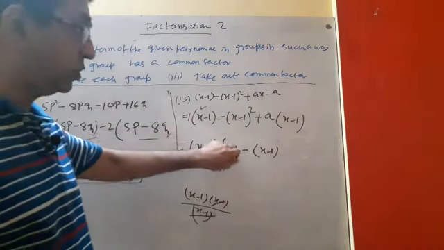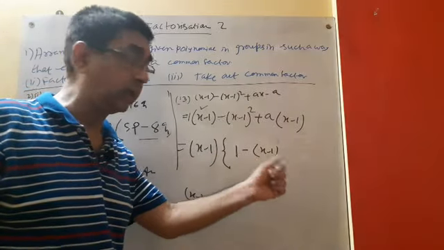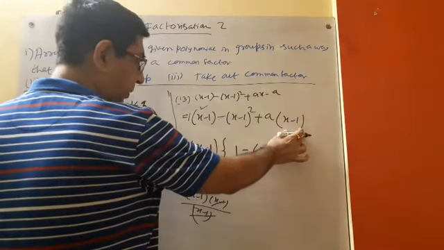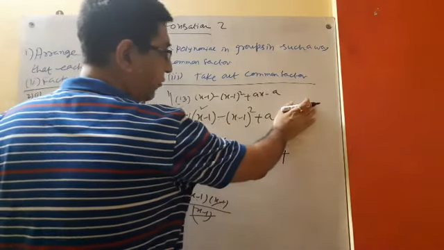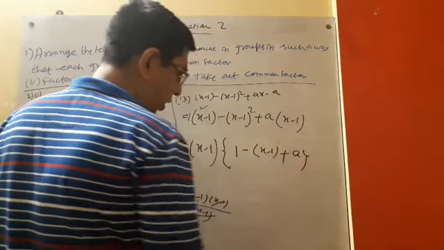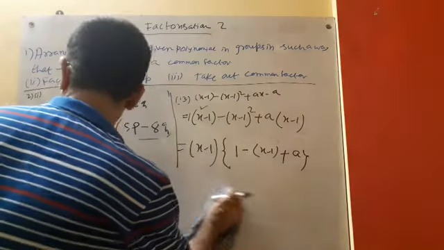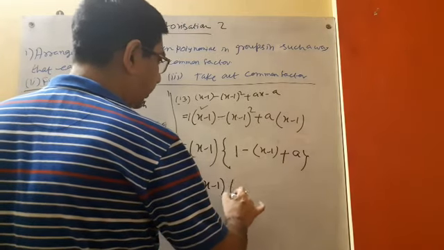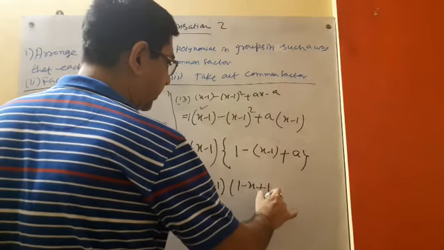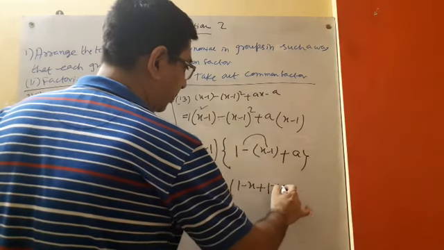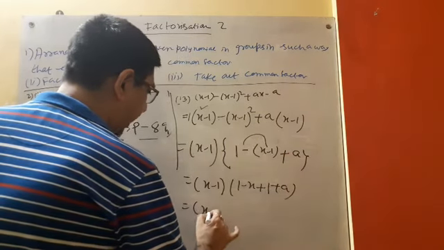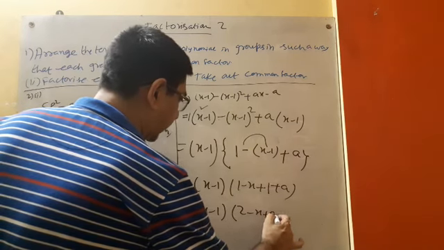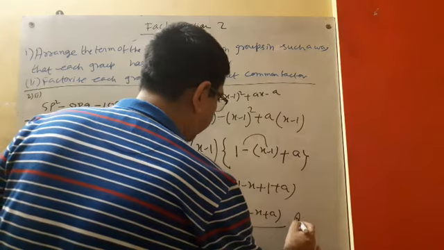Whenever there is a minus sign, always use a bracket, because when you remove the bracket, the signs will be opposite. Now, plus this x minus 1 is common, we have taken it, so we are left with plus a. You can keep the answer here, but I will suggest going one more step. x minus 1, this is 1 minus x minus a plus 1, this is plus a. So we are getting 2 minus x plus a. This is the final answer, right?